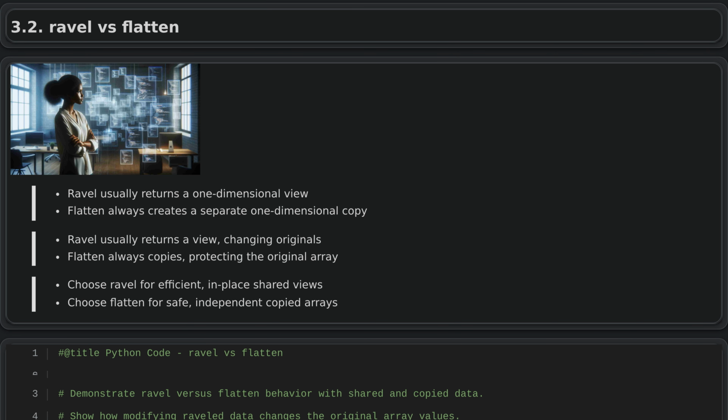Ravel versus flatten. To convert a multidimensional array into one dimension, you can use either the ravel function or the flatten function. Both give you a one-dimensional result, but ravel only changes the view of the original data and does not create a new copy. In contrast, flatten always creates a new independent array. This distinction matters when you plan to modify the data or work with large datasets, because creating unnecessary copies can